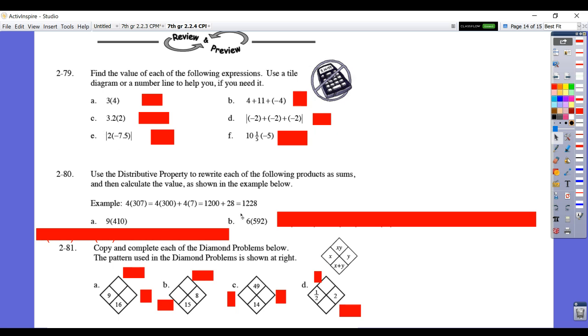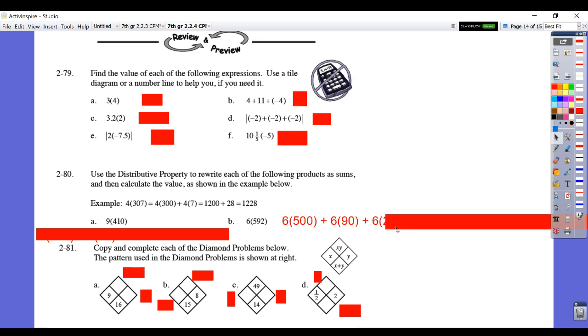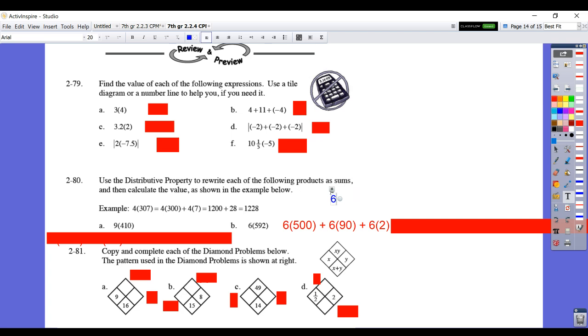For 280, they want you to use the distributive property to rewrite them and then find the value. So for B, for example, you would break that apart to be 6 times 500 plus 90 plus 2, right? So if you break that into 6 times 500 plus 90 plus 2, which I will show you up above here,